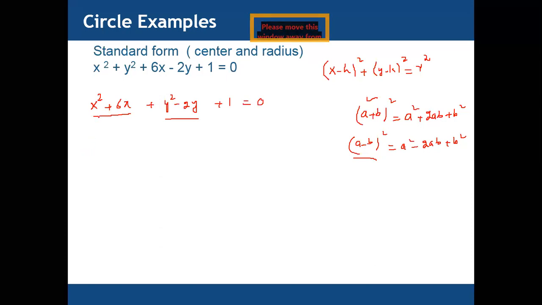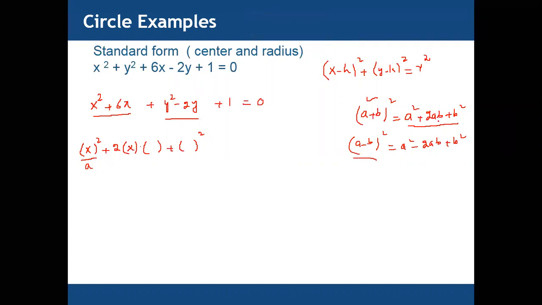Yes, let me write the first one. Let's suppose x is a square, plus we have 2ab, a multiplied with b, according to this first formula, a square plus 2ab plus b square. So plus we have b square. Now we need to find which one is a and which one is b. We know the first number is always your a. So we have a square plus 2ab. So write down here x. X is your a. So what will be b?